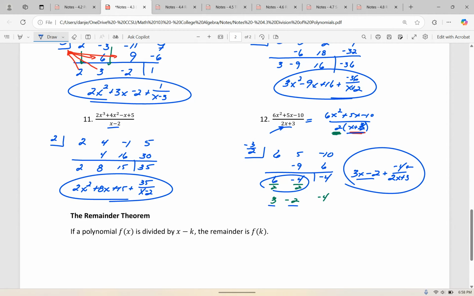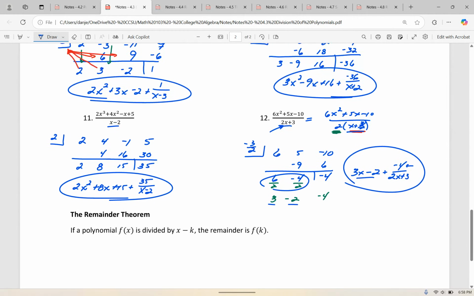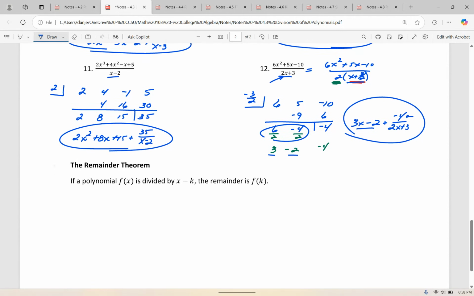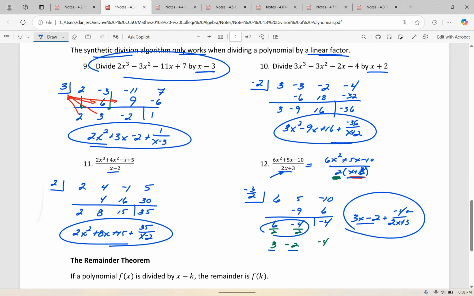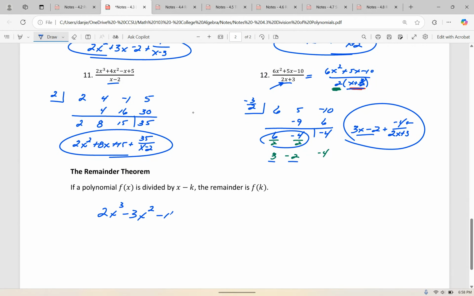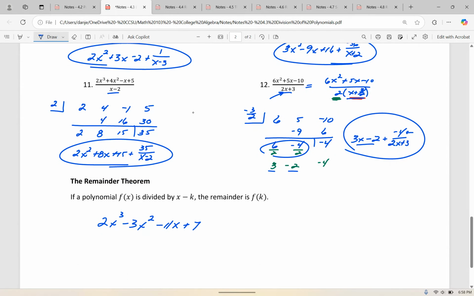Okay. So one last thing I want to show you, what's called the remainder theorem. I'm not going to do this repetitively, but what I want to do is let's just take number 9, okay? So number 9, I'm sorry, I'm going to scroll up back and forth here. I didn't write it down. I have 2x to the third minus 3x squared minus 11x plus 7. Notice that when we divided that by the x minus 3, we got a remainder of 1. If I let f of x equal the 2x to the third minus 3x squared minus 11x plus 7,